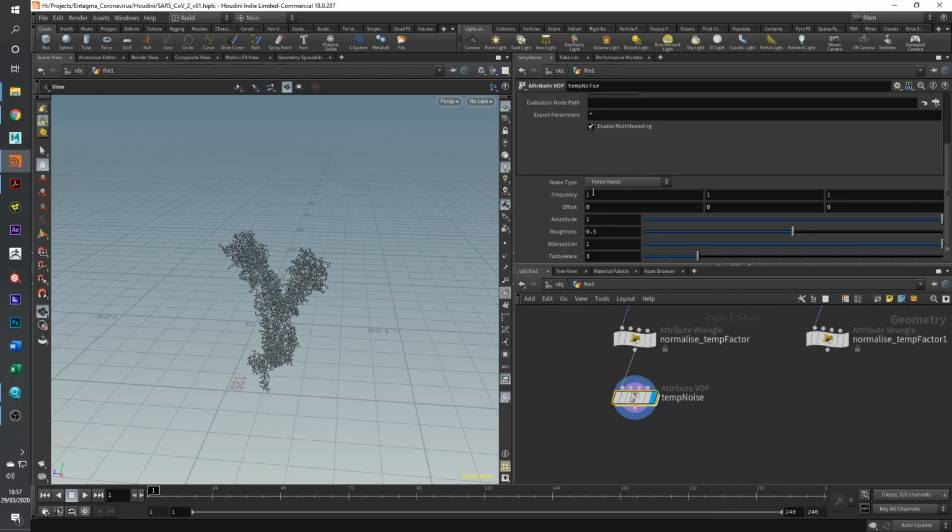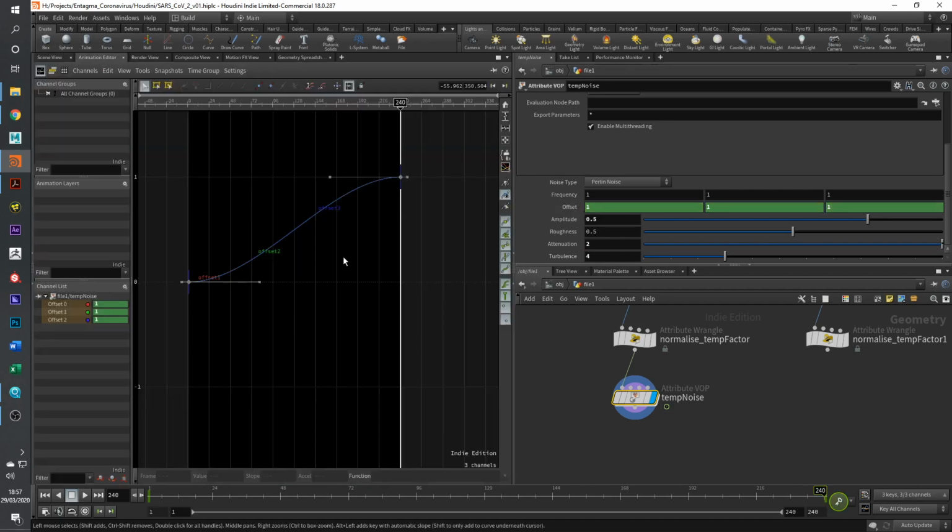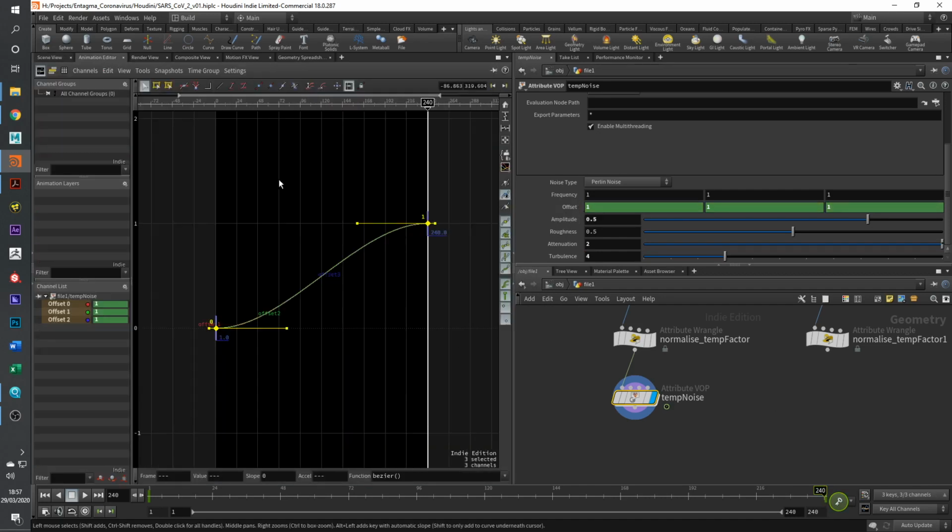Okay, and so the frequency we're going to keep at 1, the amplitude is going to be 0.5, the roughness we'll keep the same, attenuation of 2, turbulence of 4, and then we'll animate the offset. So let's go from 0 to 1 at frame 240. And we alt click to set a keyframe. And if we go into the animation editor, we want to make sure that we get rid of that smoothing. And so we have a linear